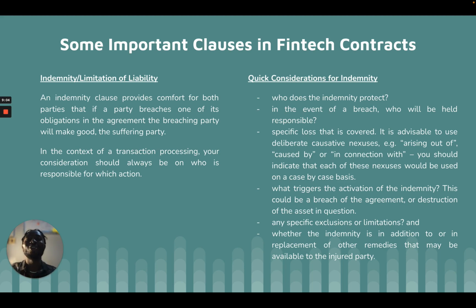In my experience, what usually causes the issue is, oh, we want you to mutualize this clause, right? Now there are arguments for and against that. I'll just present them and let you decide which one makes sense. So you have one side of the divide saying that, hey, this thing should be mutual, right? Why is it only your liability that has been capped? And the other party is saying, no, we can't mutualize it because we have a higher risk in this transaction than you. Obviously, the service provider, the transaction processor, the payment processor has a higher risk because they're dealing with more people. You are dealing with just them. They're dealing with more people